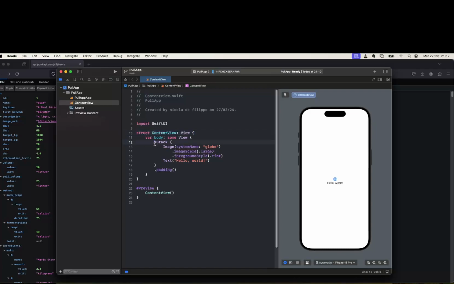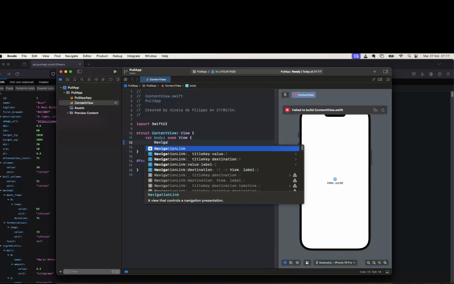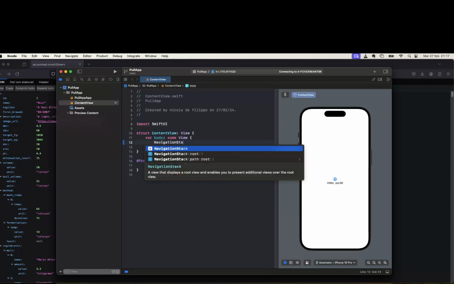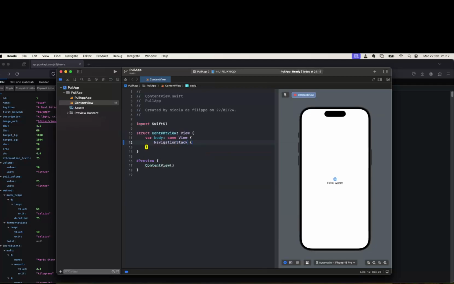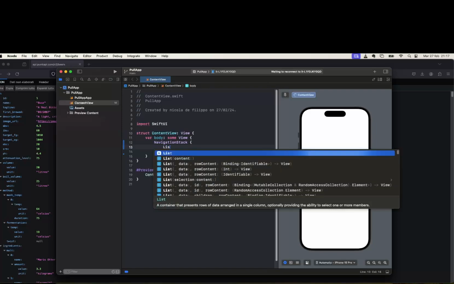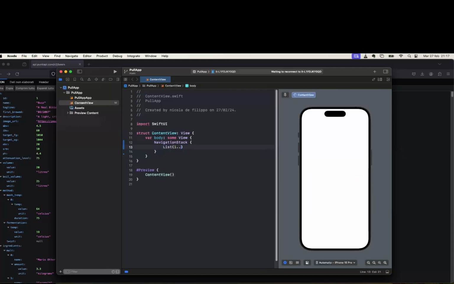So we have a navigation list. Navigation stack. In the navigation stack we simply add a list of numbers, for example 1 to 100,